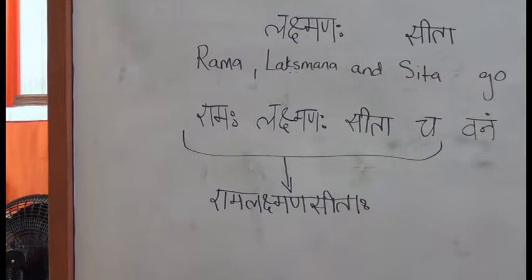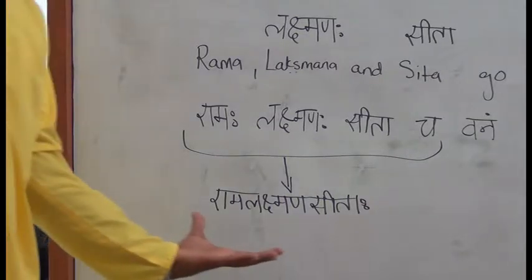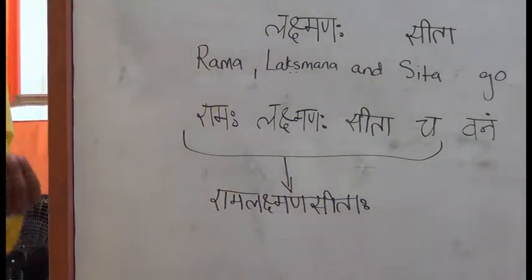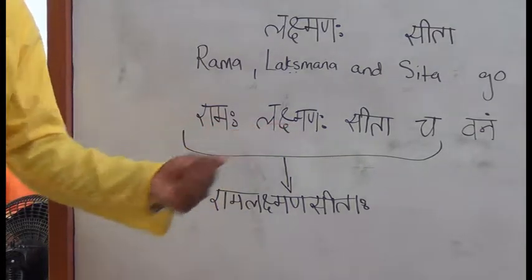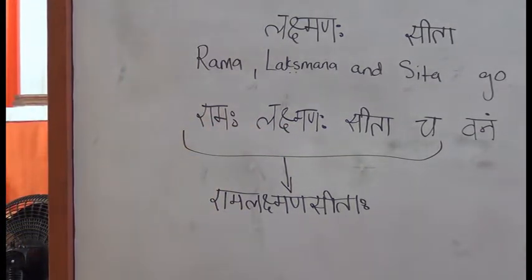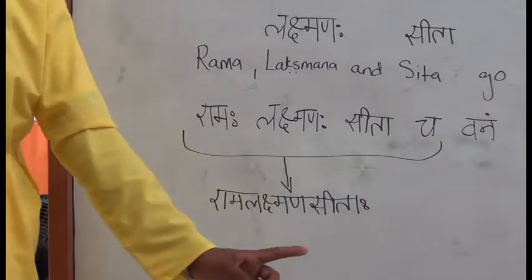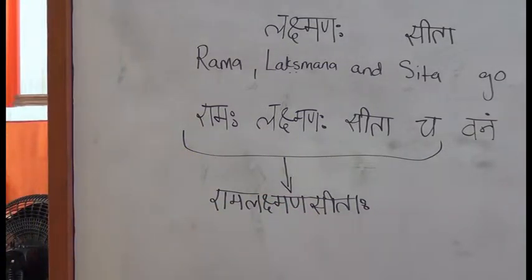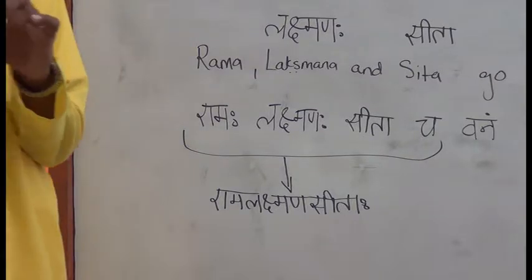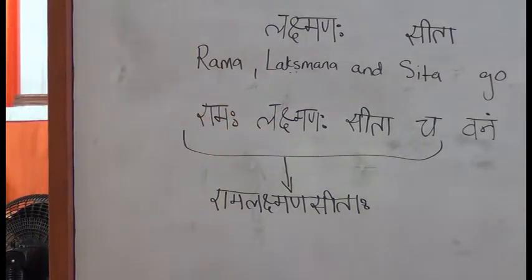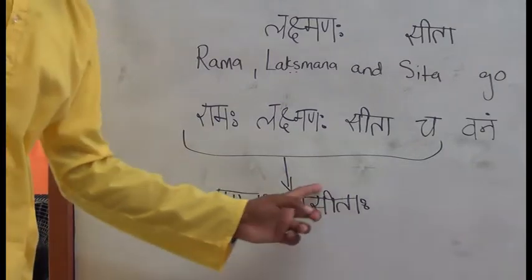That is what Dvanda samas is. Dvanda samas is the pulling together of all the words in the same case. So for example, all these here are in first case. So we bring them together, boop, make them into one word. Ram, Lakshmana, Sitaha. But then there's a difference. Look at the ending. Sitaha is declined as plural. Plural. Because this last word here,